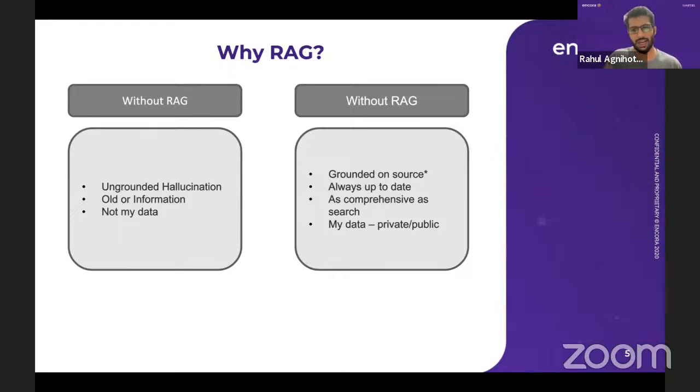With RAG, you can have a certain set of boundaries set already for the GenAI model, and you'll get the answer from that data. So you can avoid hallucinations, right? And you'll get comprehensive answers. And the data you use could be your own data, public or private, doesn't matter. Also, one more important